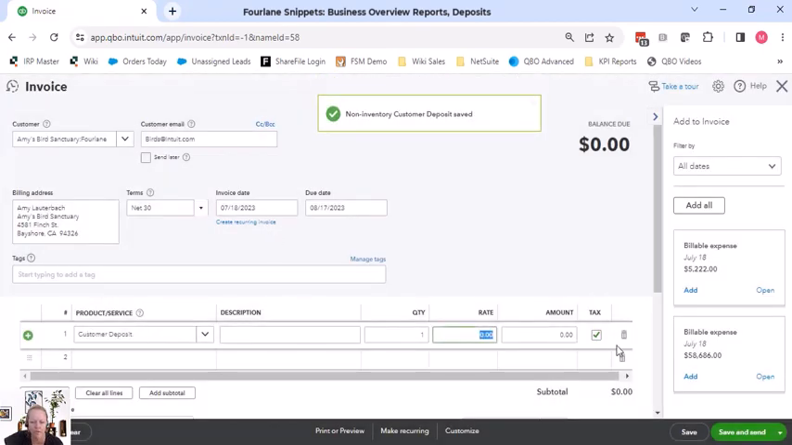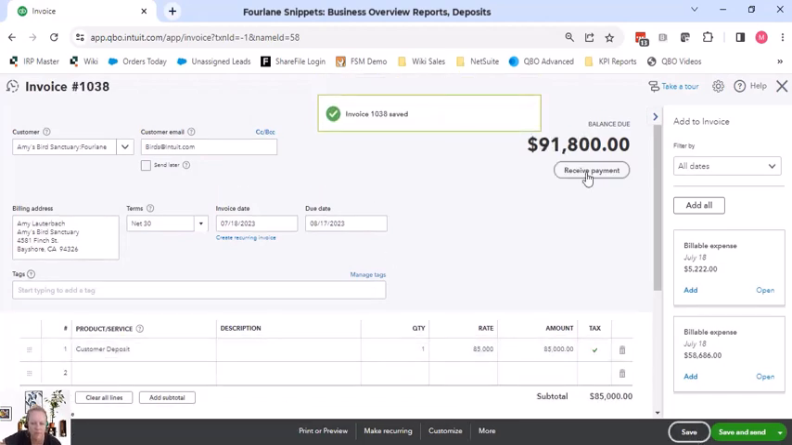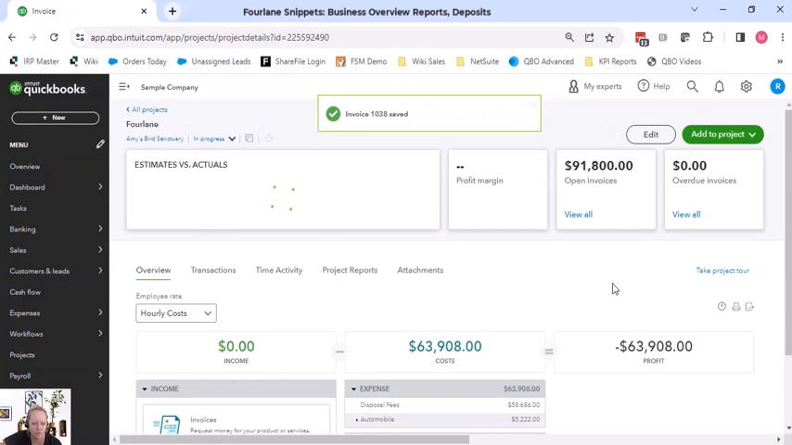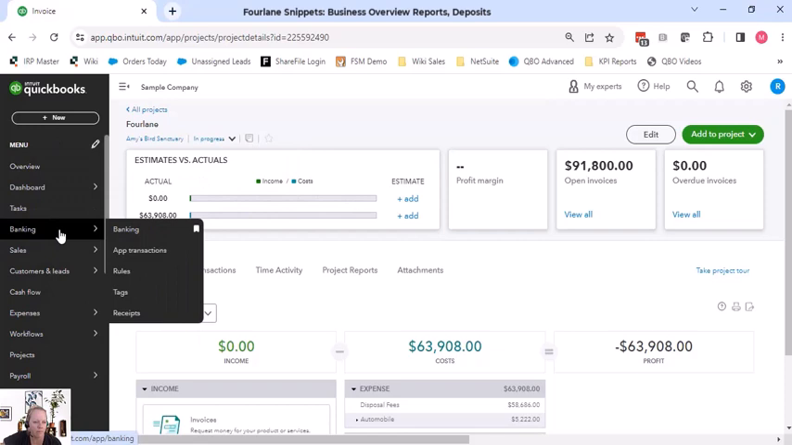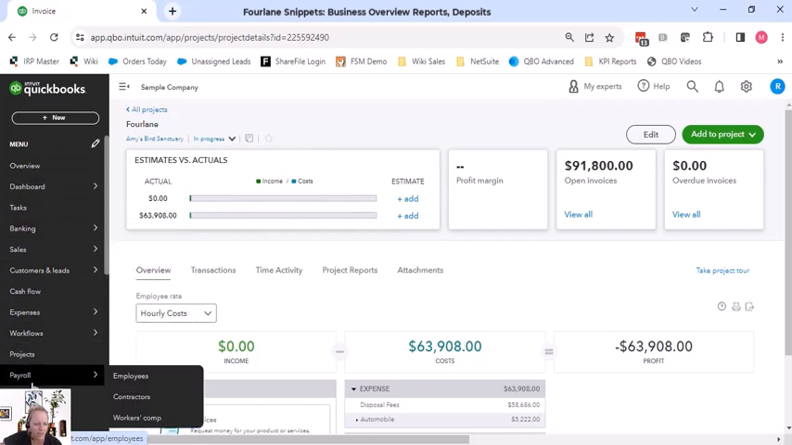Now I'm going to put in here that we have a $85,000 customer deposit, save. So that comes in here. Now notice that on this report, it shows open invoices, but it doesn't show revenue yet because we have no recognized revenue yet. But my whole point of doing all this was going back into my report